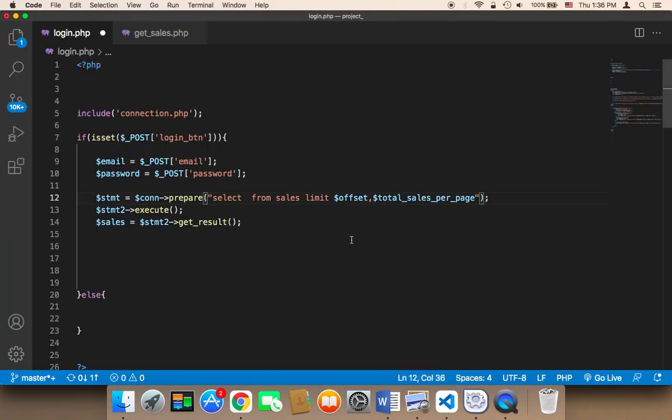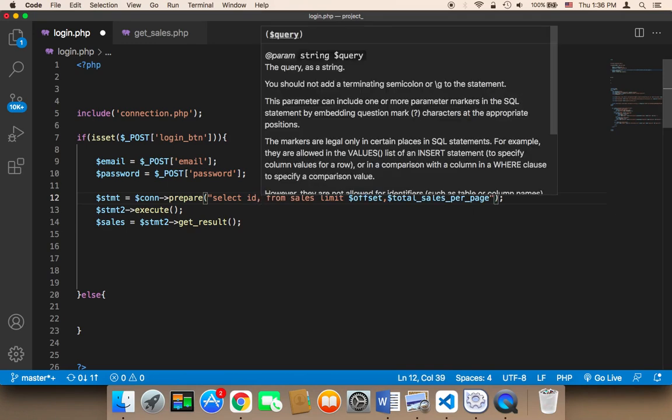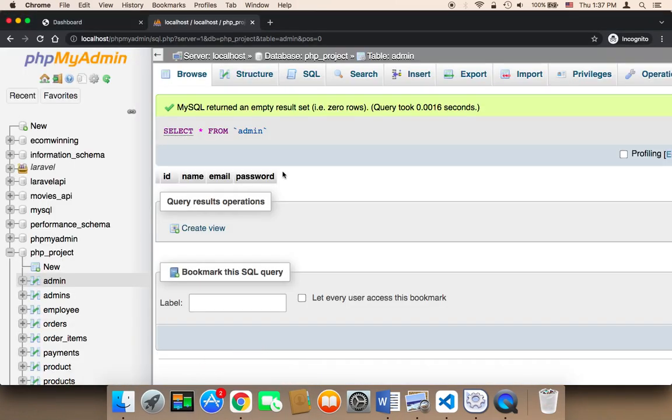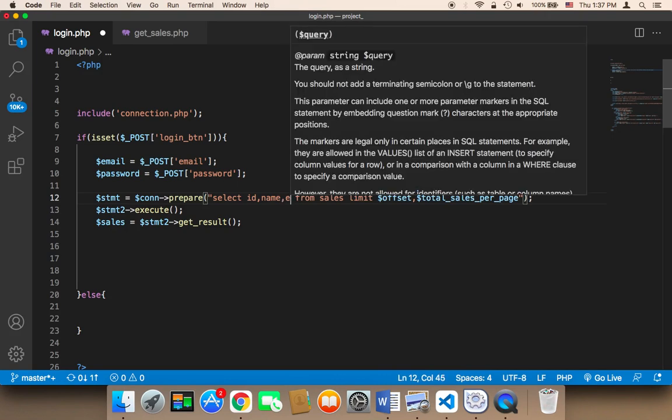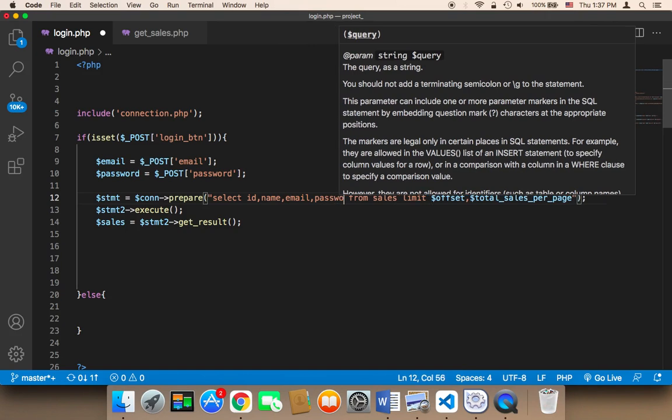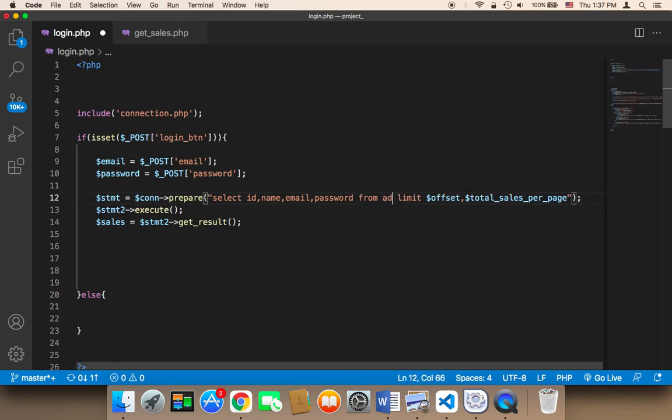So what we want to select is the ID, and then name, and then email and password, and then from admin, where email is equal to question mark, because we want to verify the admin, and password is equal to